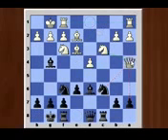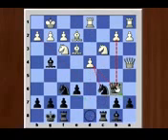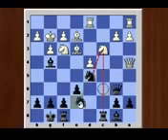Queen a4, bishop b8, rook d1, queen b6, g3, knight d5, king g2, knight e7, knight e4,